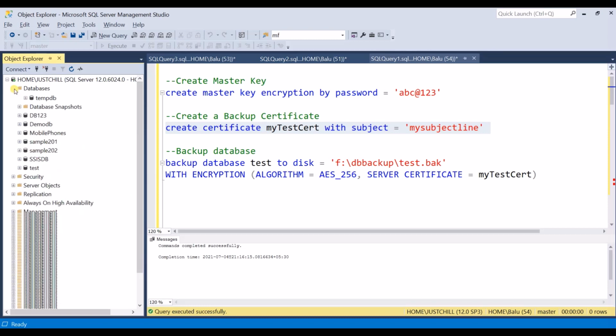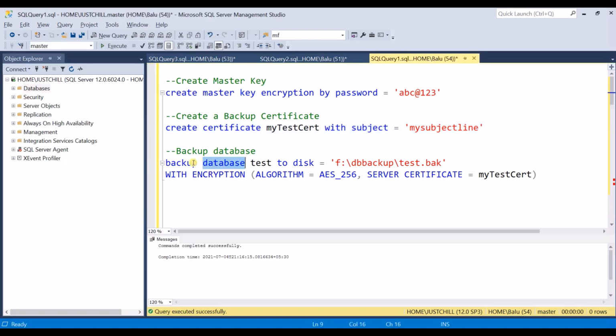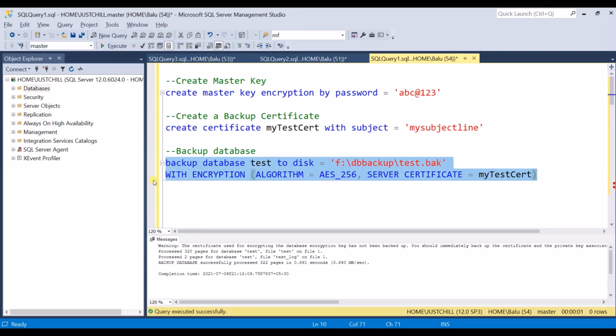Now you can go ahead and take a database backup. The first line is the same as we do for a normal backup, we just add with encryption. This is the T-SQL script to take a database backup with encryption. Here you can use the algorithms AES 256, 128 or 192. Once I execute this statement, my database backup is completed. You can see here,